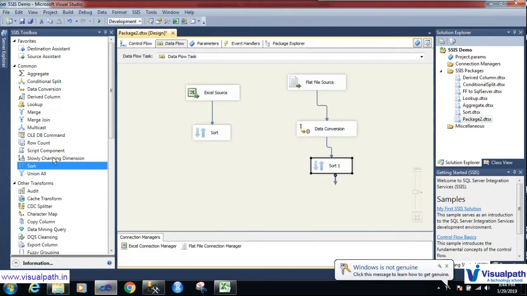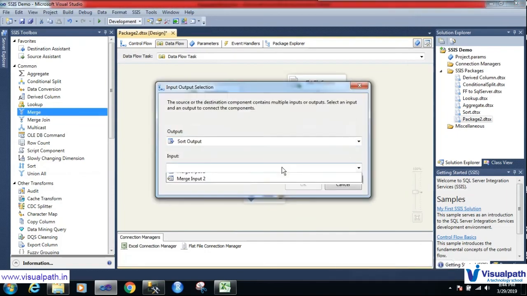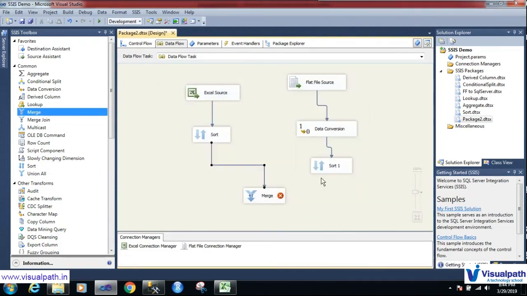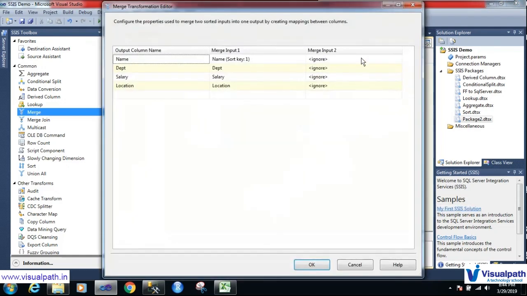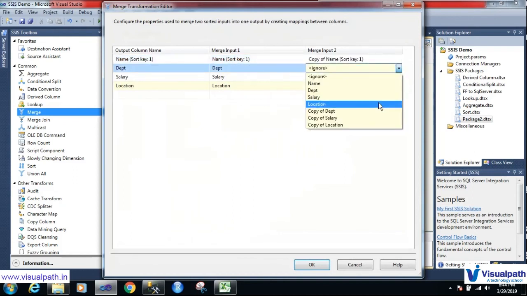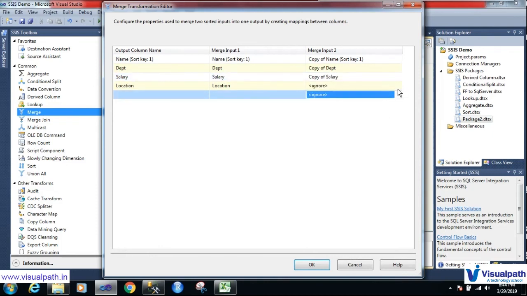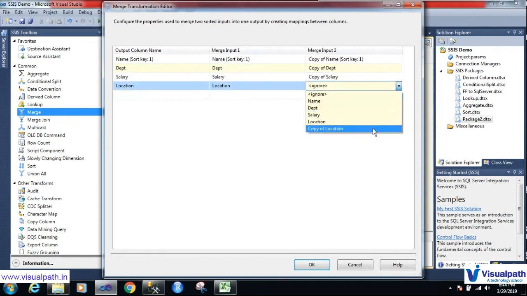Now I will use merge transformation here. Connect to merge. Merge input 1. Okay. Connect to merge. Now what I will map here: copy of name, copy of department, copy of salary, and copy of location.